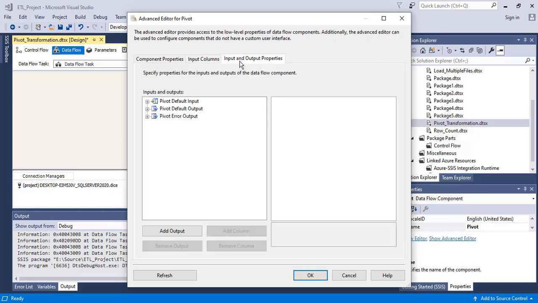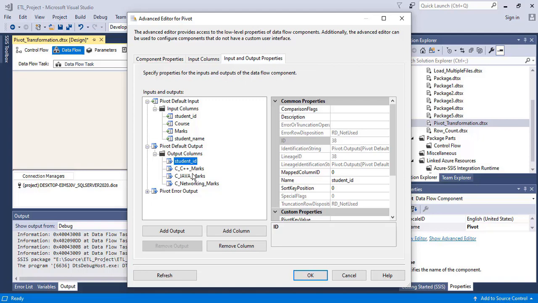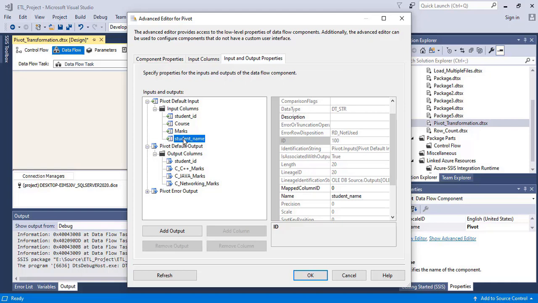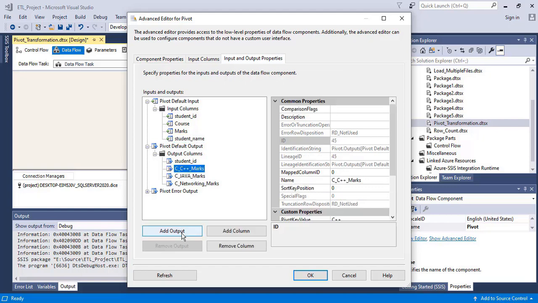Input and output parameters, input columns, these are input columns. What are output columns? Student ID, these are output columns. So I want student name as well. After student ID, I need to display student name. So I will click C++ marks, add column.